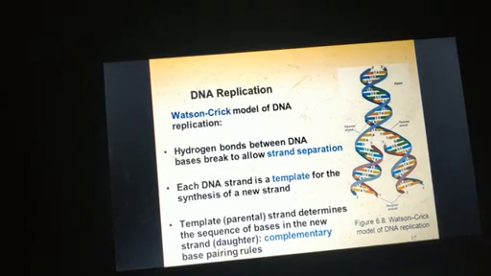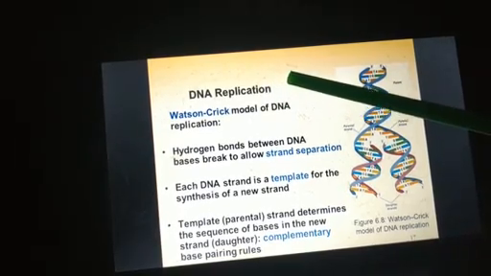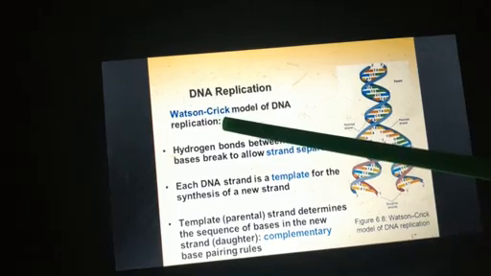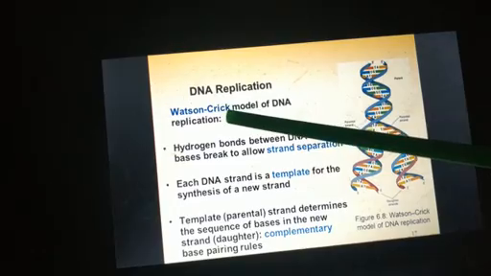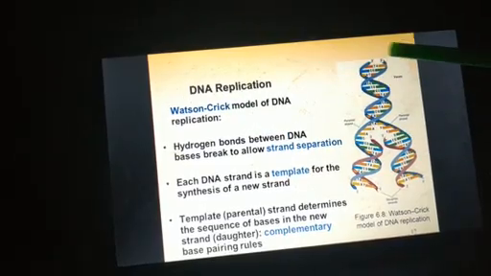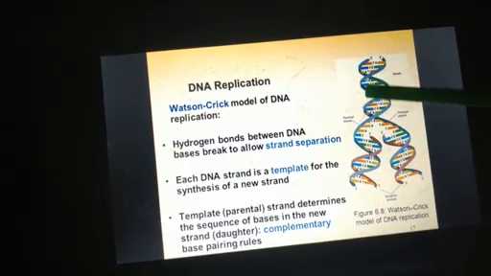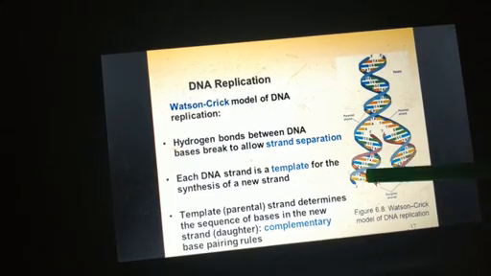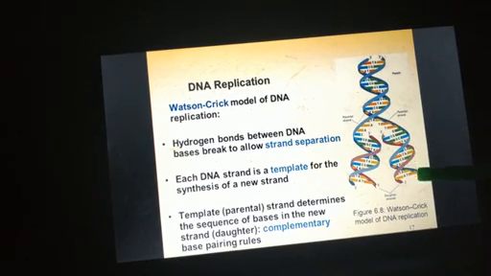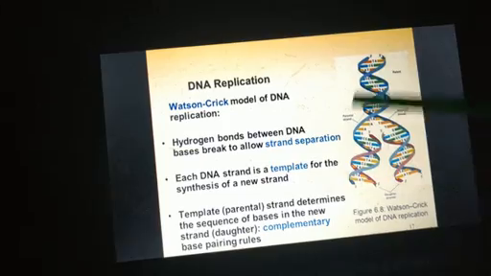Now let's begin with the basic principle of DNA replication. So we have just seen the model of the DNA, that is the double helical structure, which was given by Watson and Crick. So here you can see replication. From one strand of DNA we are getting 2 strands. It is doubling. And from this strand also we are getting a new strand of DNA. So these are daughter DNA and these are the parental DNA.